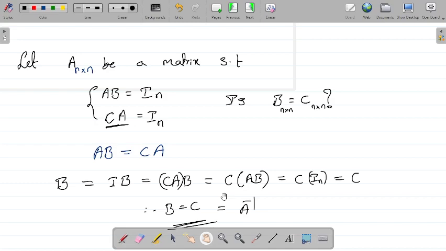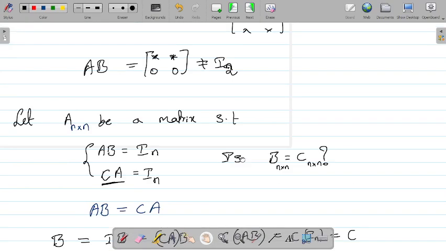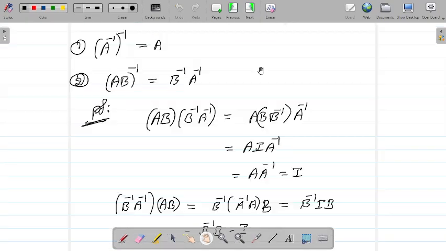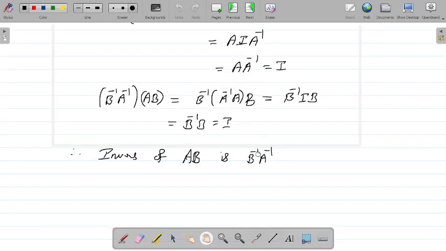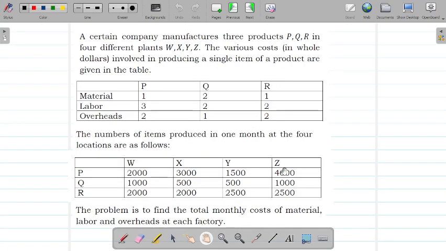Now the next you have types of matrices. This is all about inverse. This we proved it. Okay, here is one application I'd like to discuss. It's a simple thing. It's about how matrix multiplication is useful. Just to tell that how matrix multiplication is useful. Okay, so look at this problem.